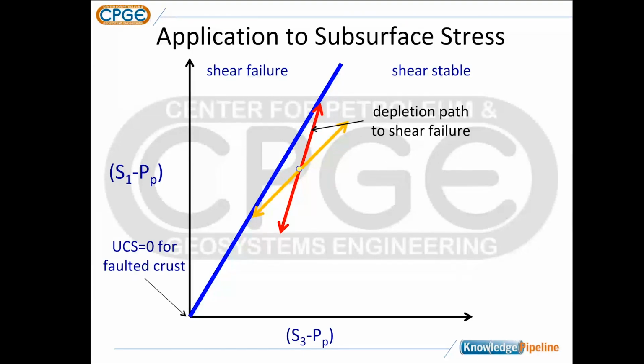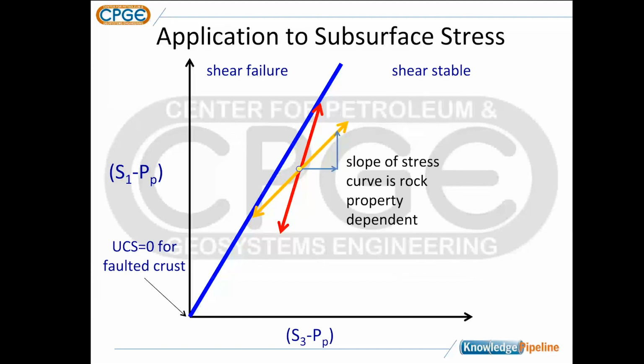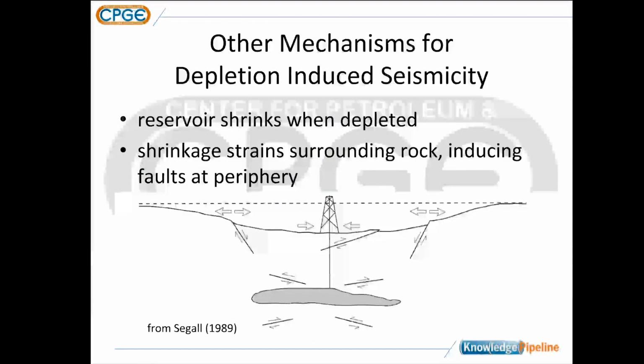Other mechanisms that can lead to induced seismicity from depletion are related to the geometry of our reservoir. You can see this picture from a paper by Siegel. That gray blob is a reservoir in the subsurface in a vertical cross-section, and as you produce the reservoir, it shrinks, which changes the stress field around the reservoir and can induce faulting in this variety of possible scenarios shown in Siegel's diagram. Now again, those wouldn't cause earthquakes unless the rock were sufficiently brittle and the stresses were sufficiently high. Just to wrap up here, let's talk about two last things.